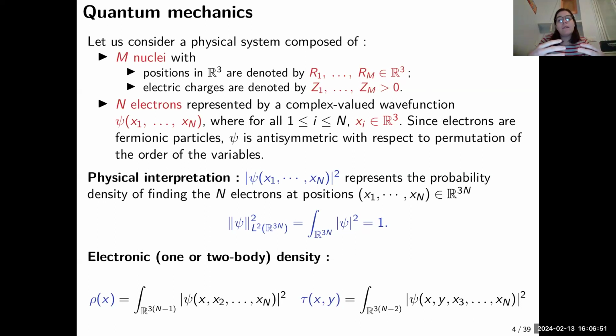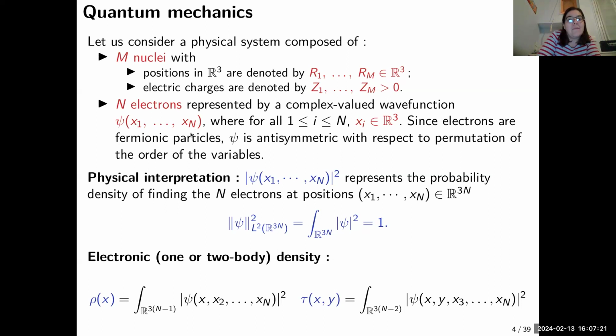And now let me assume that there are, in addition, n electrons, okay? As I told you, these electrons cannot be modeled at this scale as classical particles. They have to be modeled using concepts of quantum mechanics. More precisely, the state of this set of n electrons will be represented by a quantity called a wave function, that is a function psi, which will depend on n vectors of R3 denoted here by